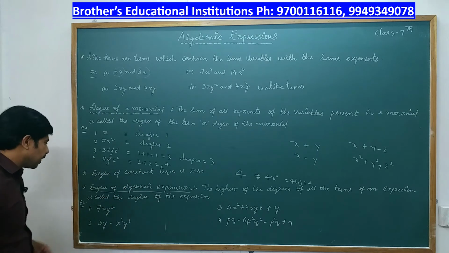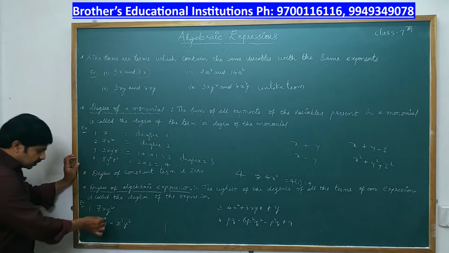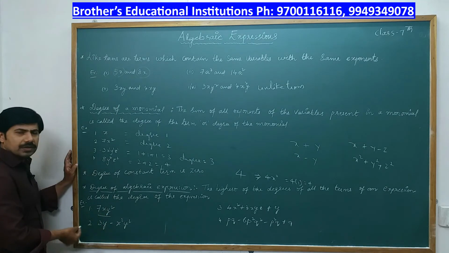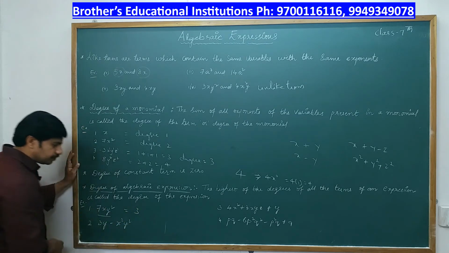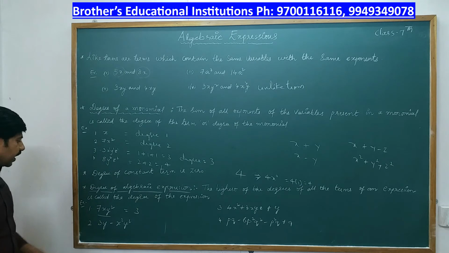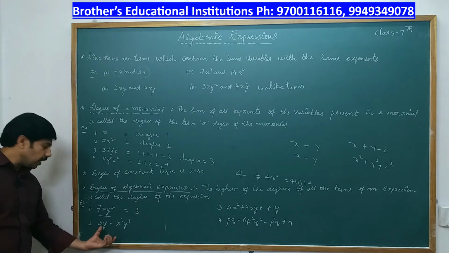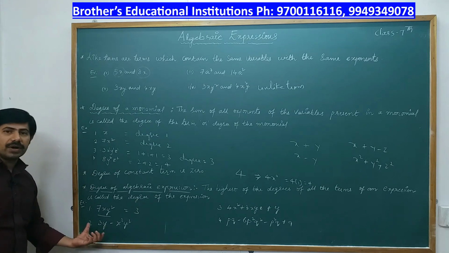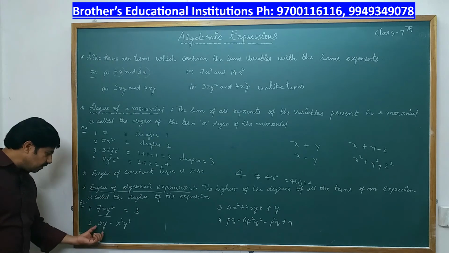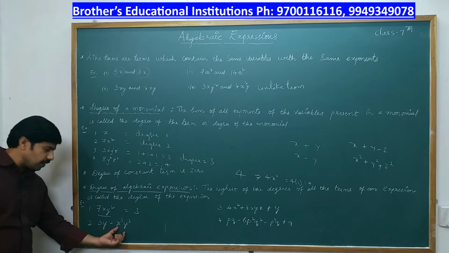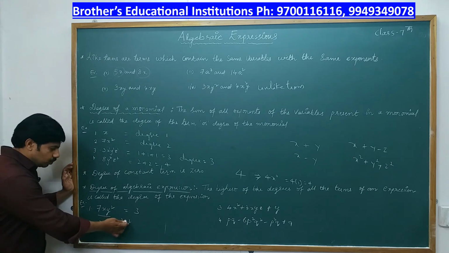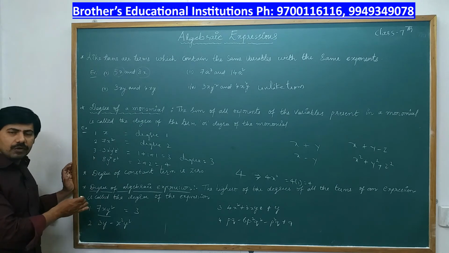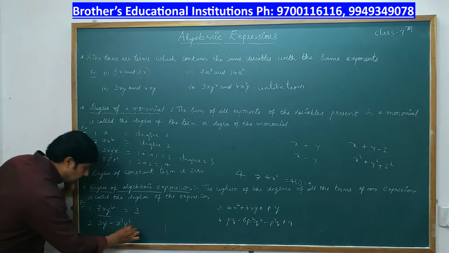So here, for example, the first one is clearly a monomial. Whenever you get a monomial, just add the powers of x and y, and we get 3. Now the second one is a binomial. What is the highest power? Here 3y is a monomial, x square y square is also a monomial. The highest power is 4, because 2 plus 2 is 4. As it is a monomial, if you add you will get 4. So the degree of this